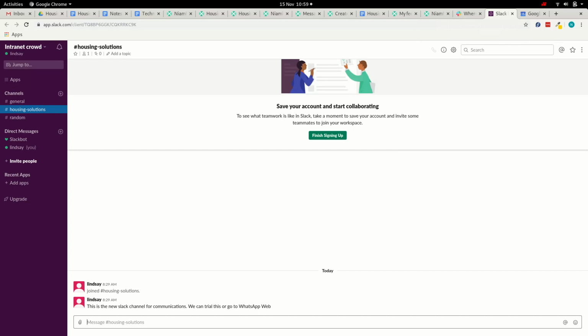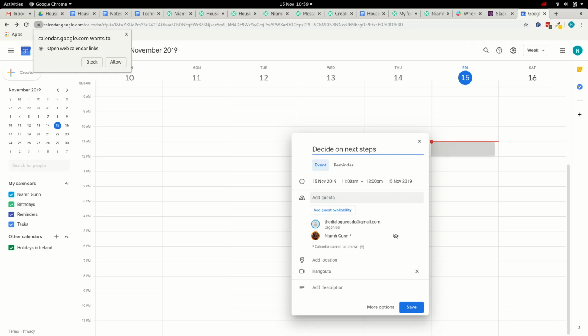Let's have an open window where people are online talking to each other. Right. So I saw that resource. It looks really interesting. Should we have a call about that specifically, etc. So you do have some conversation, and then you might agree to have a meeting. So then you need a calendar tool. You might have tools such as Microsoft Outlook, or in this case Google Calendars. So decide on next steps, add a guest here such as Neve,